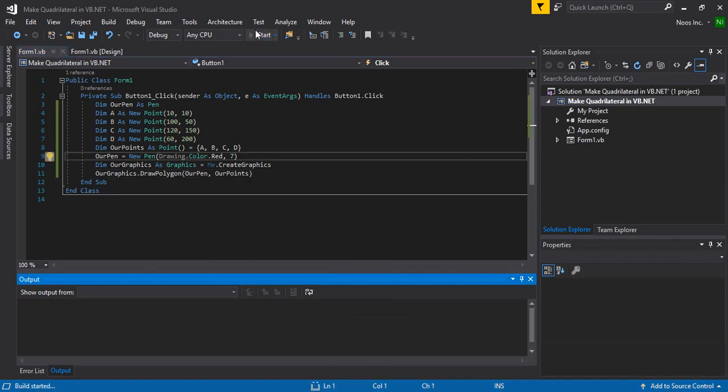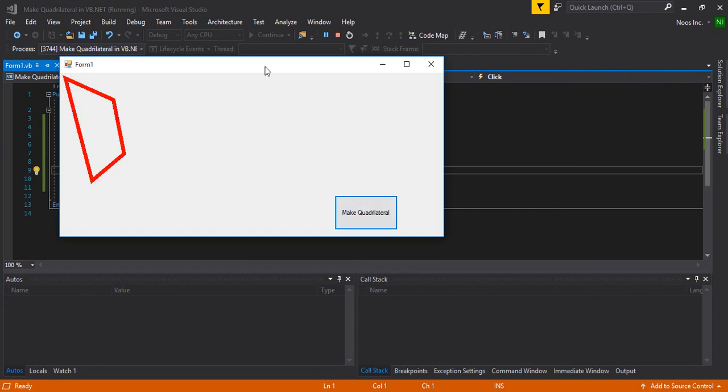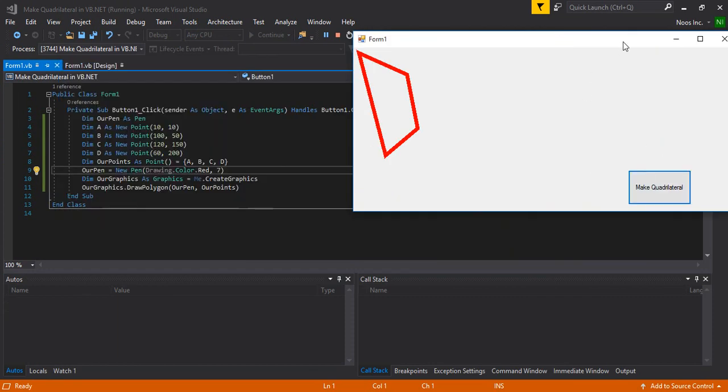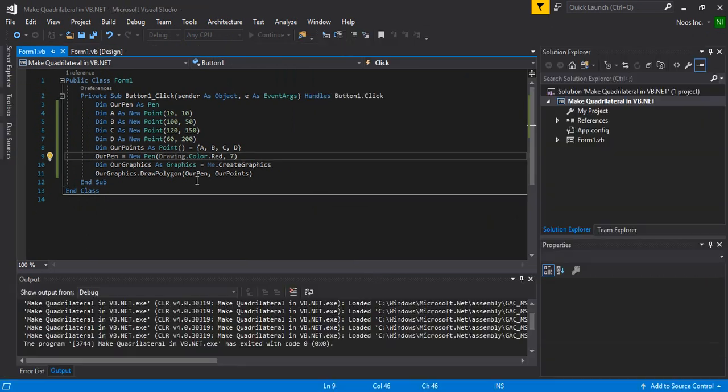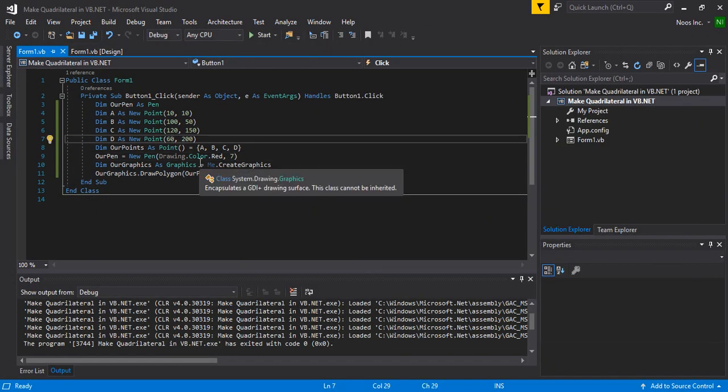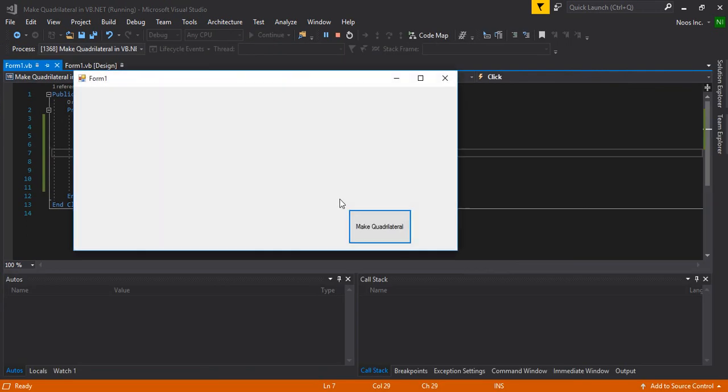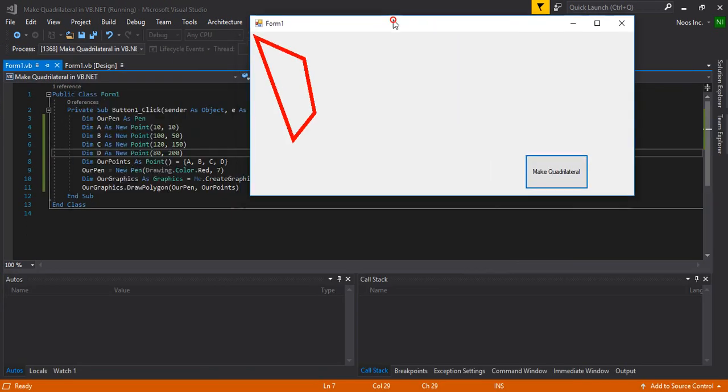Let's run it. Okay, you can see there. And if you want to make this higher, for example like a trapezium, like this. Okay, you can see we have created